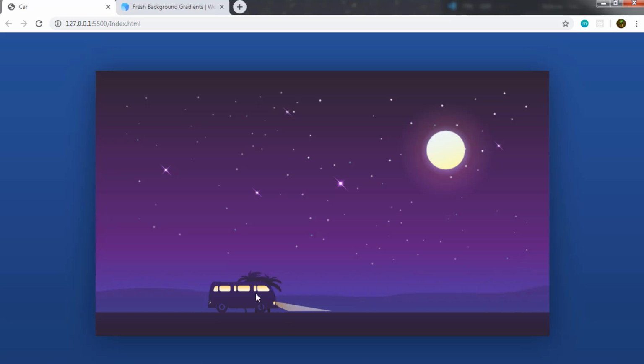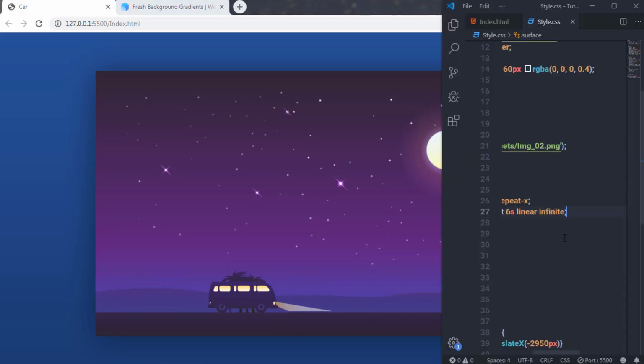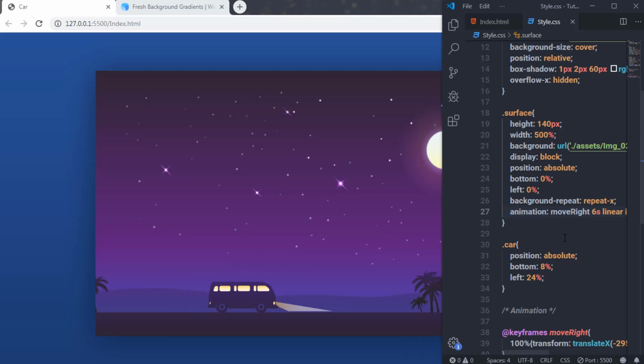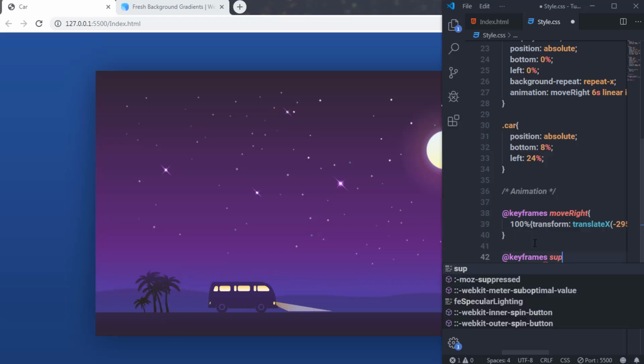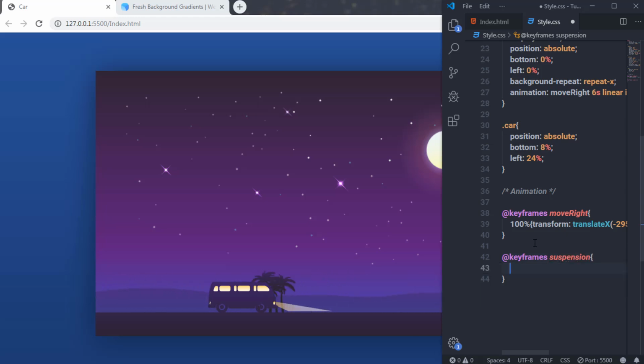So I want to add some suspension effect to this car. I'm going to open my style.css file and create a keyframes animation here. I'm going to name this animation suspension. So I'm going to say keyframes suspension, and to this suspension I'm going to say 100%, and to